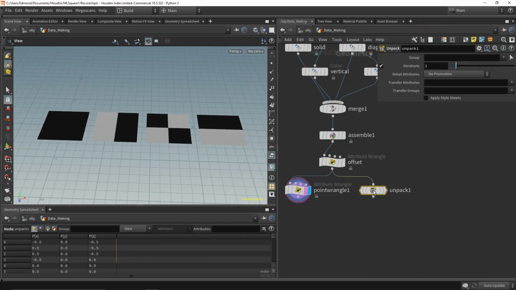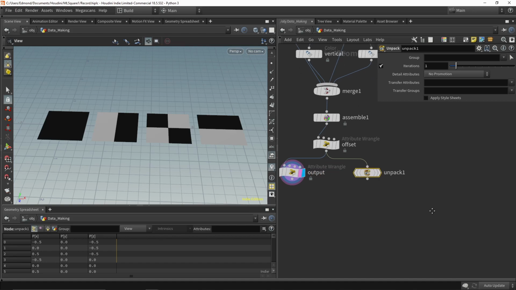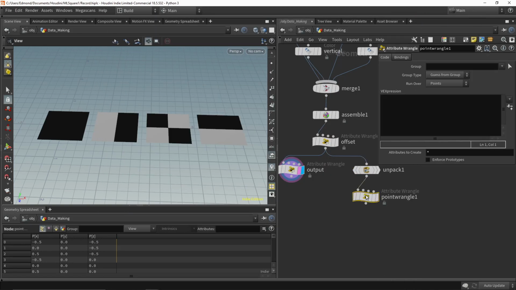We also need the complementary value of those patterns, so I will use the unpack node to unpack the grids. I will flip the Cd attribute using a primitive wrangle, before assembling it again.